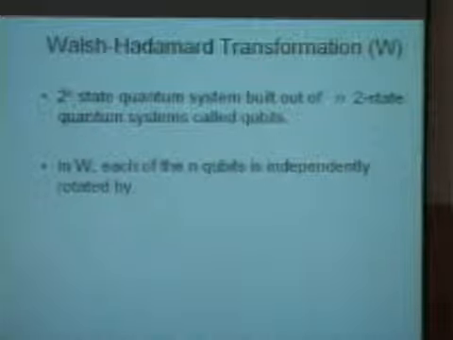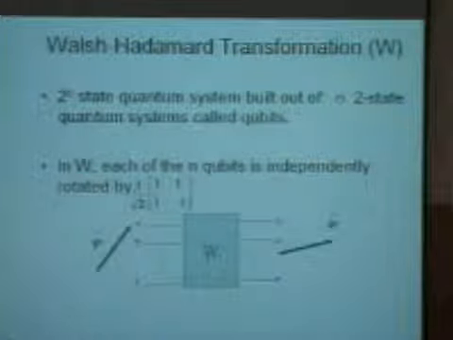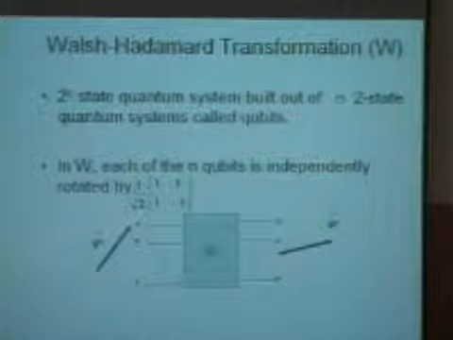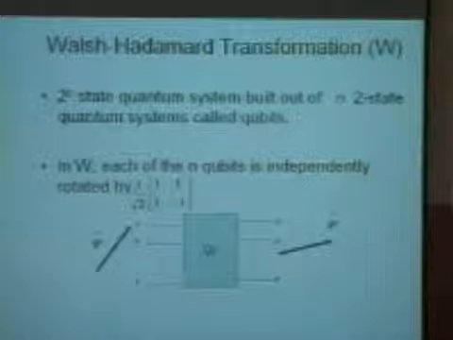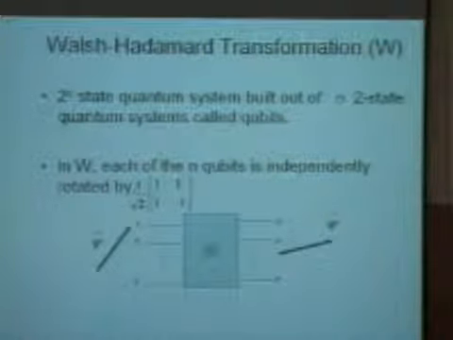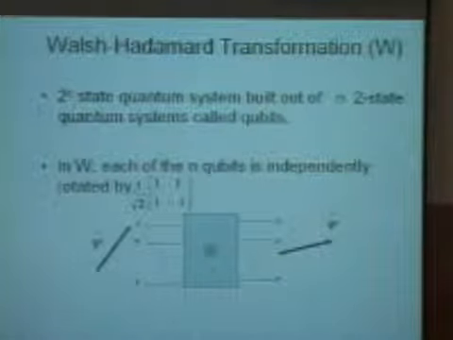And in this Hadamard transform, each of the n qubits is independently rotated by a certain amount. So you have these n-state systems coming in, and each of these states is rotated by a certain amount, and you get this output which is completely different